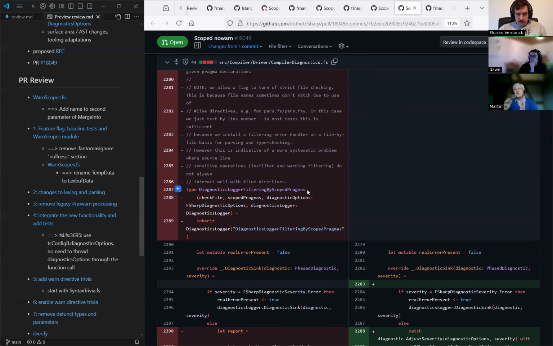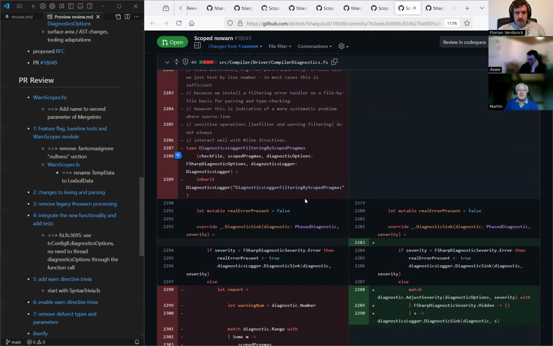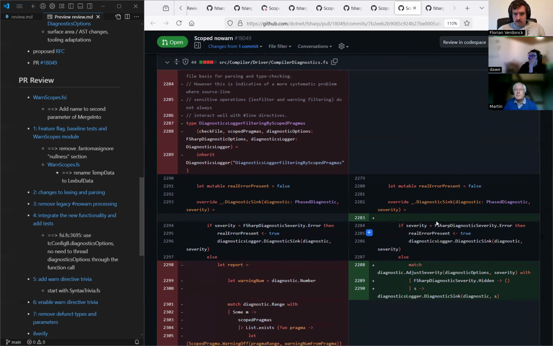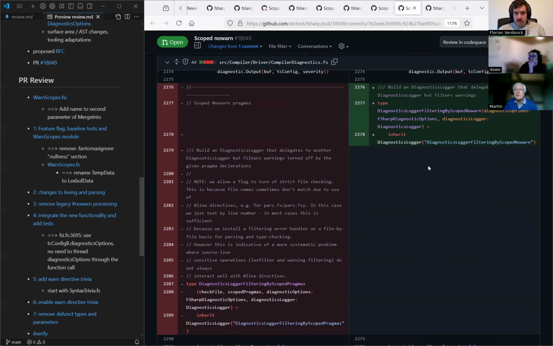Scope pragmas was the data structure that was used previously for those Nowarns. By the name, I guess that somebody a long time ago had the intention to make it actually scoped, but it was actually only used for those open-ended Nowarn directives. What changes here is basically the name. I've called it now, it's up here. Called it now